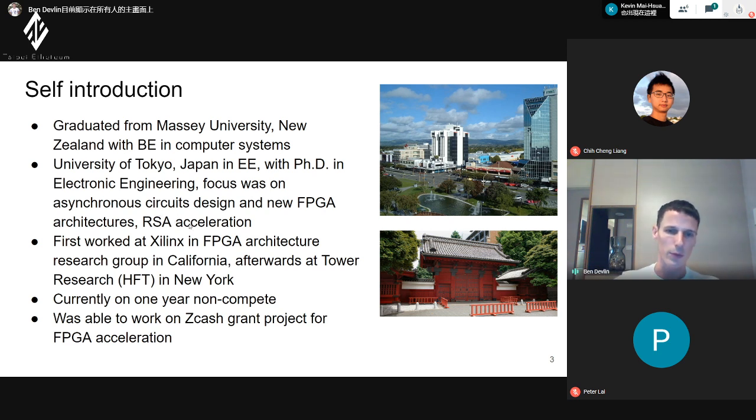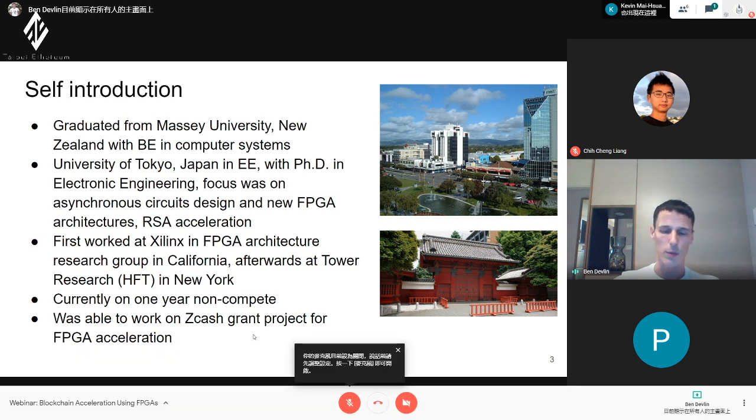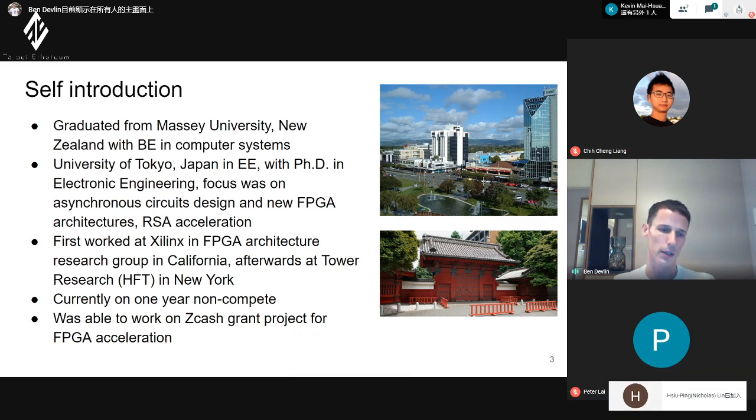Then I moved to America, and I've been working first at Xilinx in the research group for FPGA architectures. Then I moved to New York, and I've been working in finance for FPGAs. Because of changing jobs, I had a 1-year non-compete period where I wasn't allowed to work, and so I got in touch with Zcash, and we worked out this project for taking their blockchain and having some FPGA acceleration.